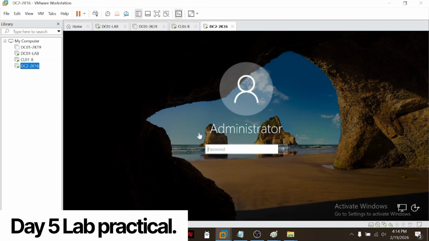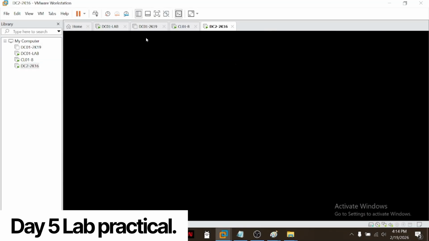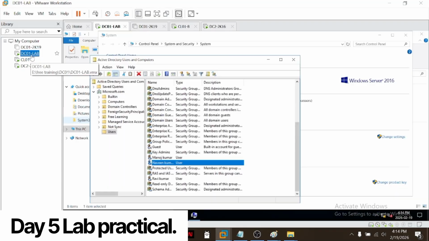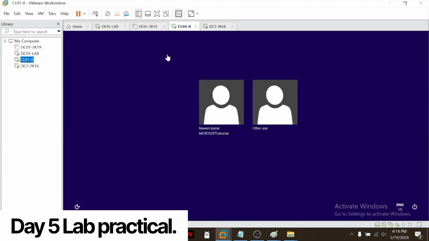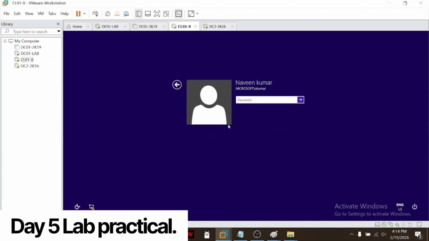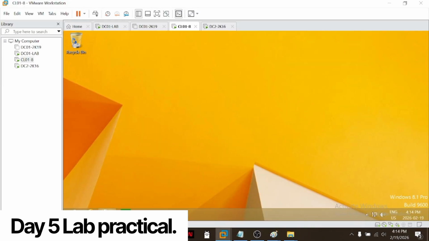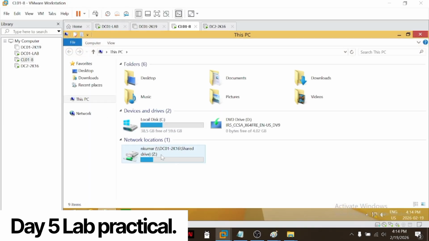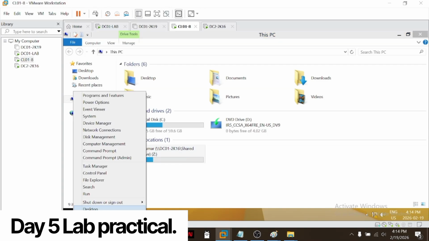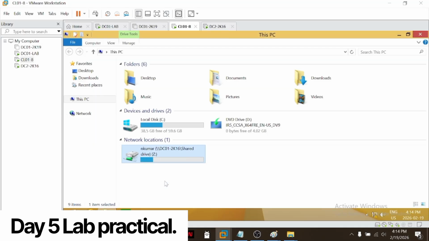Meanwhile, our machine got started. So we'll see if you are able to see the folder, shared folder with Naveen Kumar, yes or no. So we can see this Z drive with Naveen Kumar. But if you log into any other user, if you